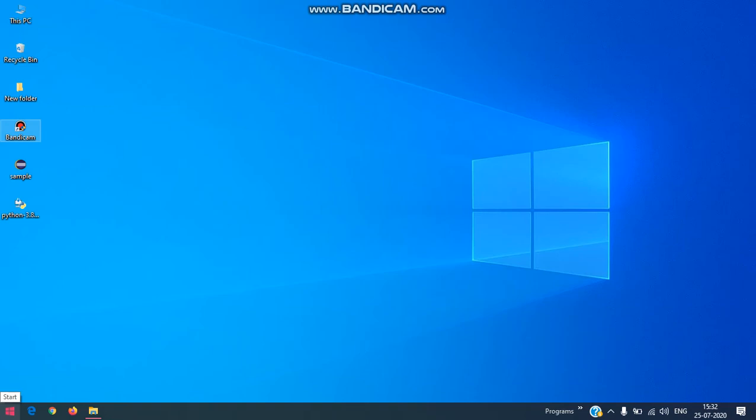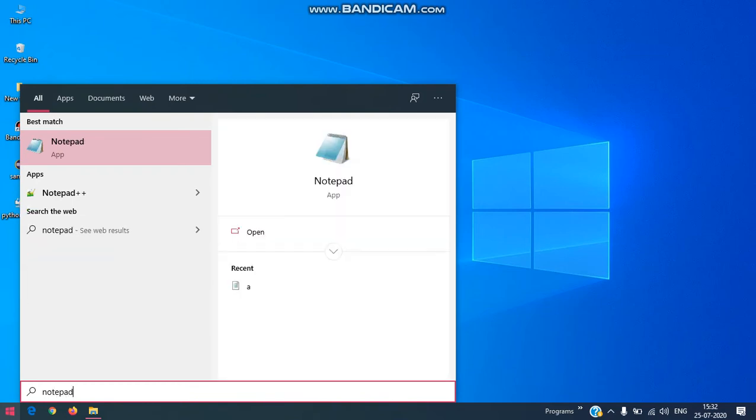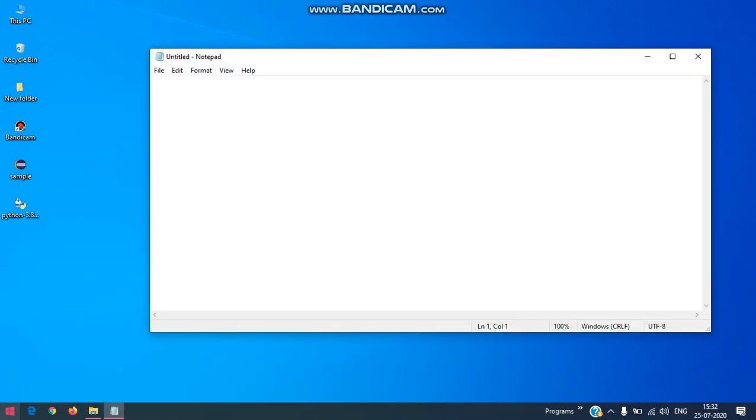Suppose you are not having any editor screen, you can directly type your Python program in notepad. Just open notepad or notepad++, any editor screen, and start typing your program. x equal to 67, next print of x.